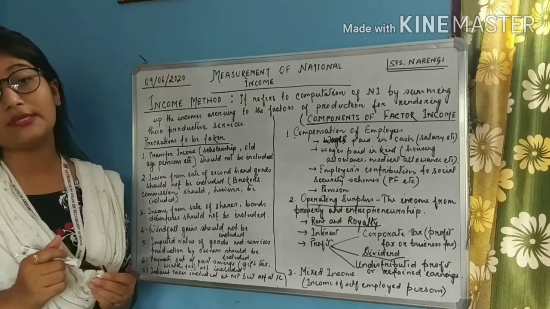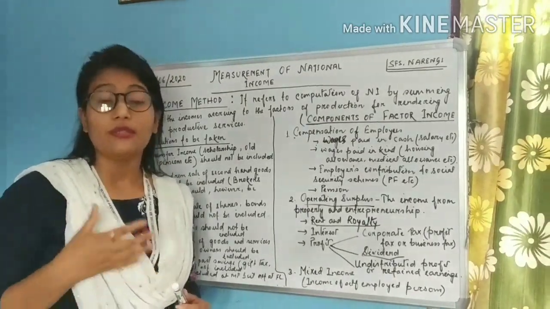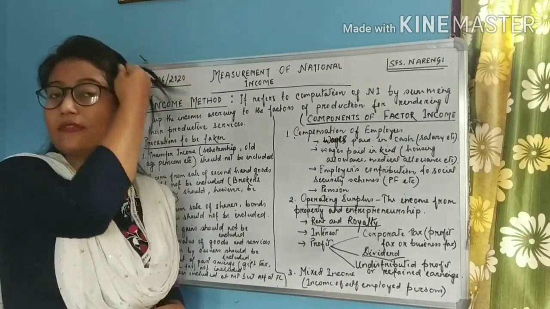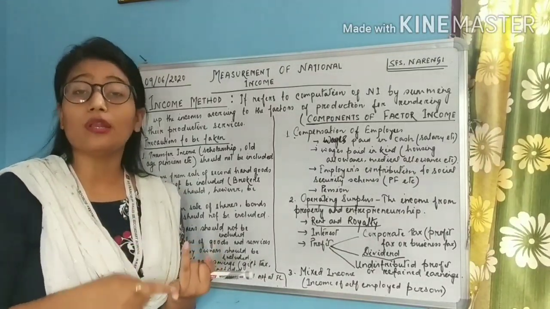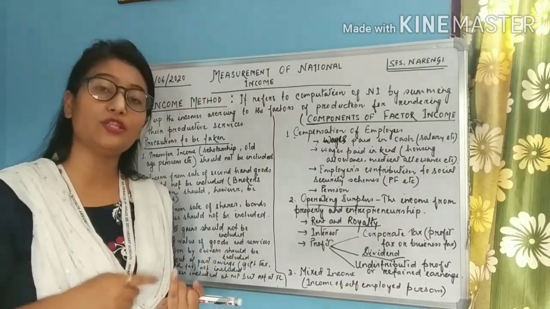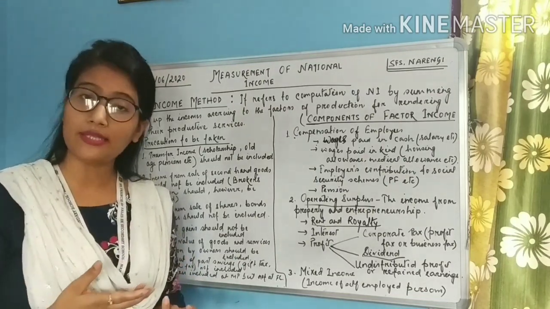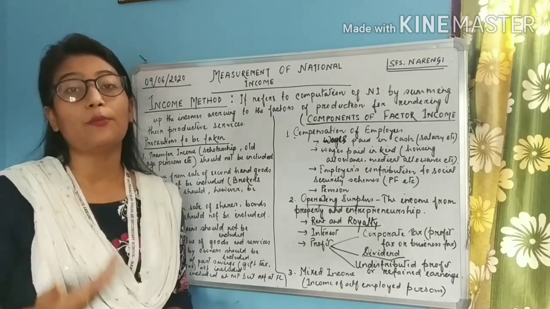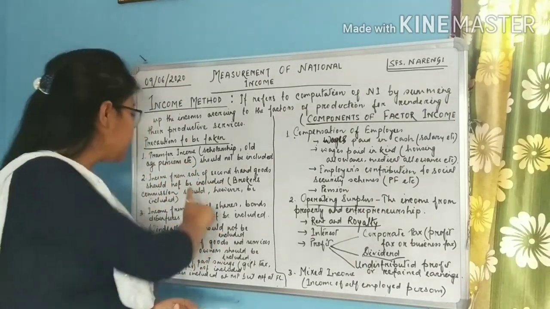Transfer income, students, is the income which is given to people, the various unilateral payments, the money which is paid out not for rendering any kind of service, but just for helping someone or just like that. Sometimes a scholarship is given, sometimes an old age pension is given, your friend from abroad might give you something, right? So those things are transfer income, which are not rendered for any kind of productive services. So transfer income should not be included.